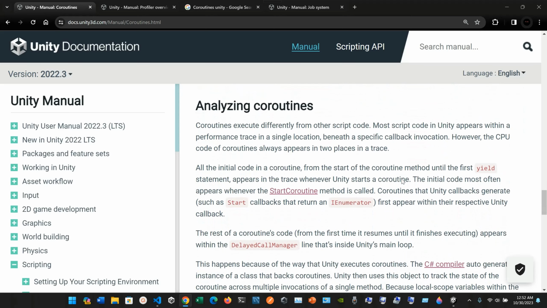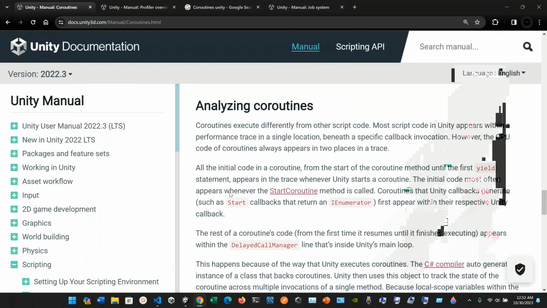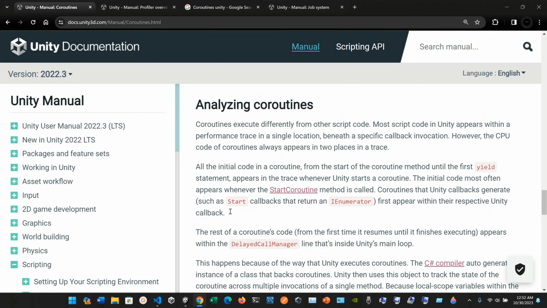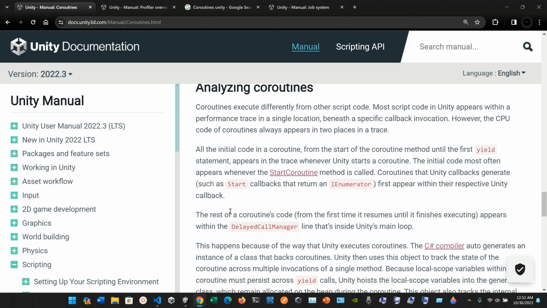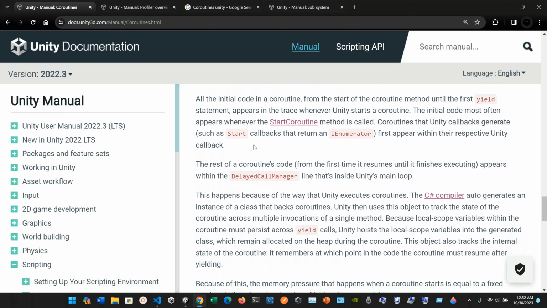So now we're going to see this one, okay, analyzing coroutines. So pretty much coroutines execute differently from other script code. Most script code in Unity appears within a performance range in a single location beneath a specific callback invocation. However, the CPU code of coroutines always appears in two places in a trace. All the initial code in a coroutine from the start of the coroutine method until the first yield statement appears